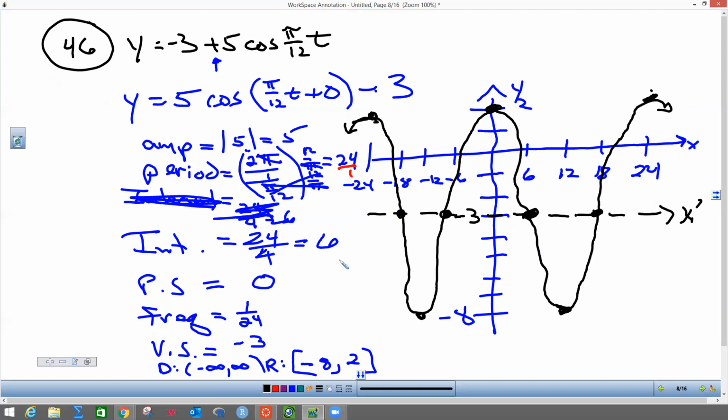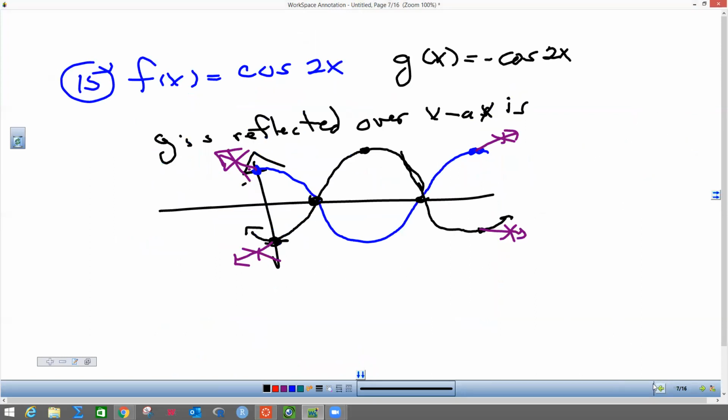So there's the graph. That's pretty hard stuff. You may think that looked easy. That is hard. And you better practice it from now to Thursday, because if you don't practice it, you're going to be in trouble. All right, let's go back over here